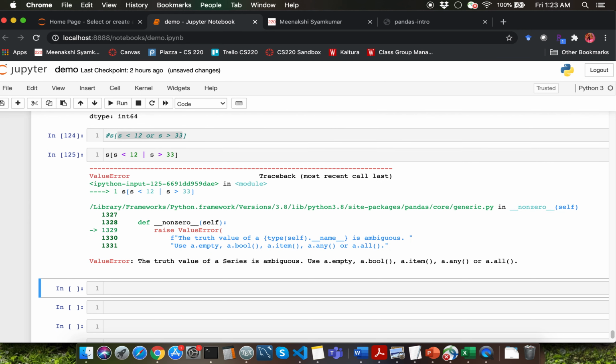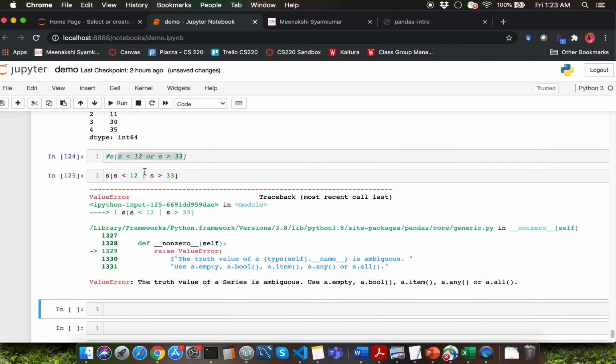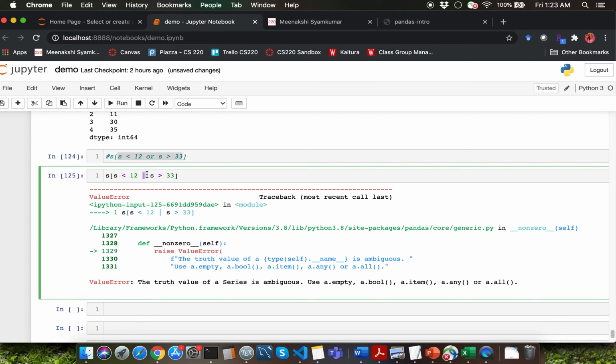This again would fail by saying that you have an incorrect precedence. That's because the vertical separator has a higher precedence than the comparison operator over here. So this again is not going to work. This is kind of like saying s of s less than 12 or s where 12 and s are within the parenthesis.